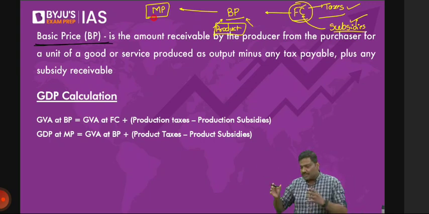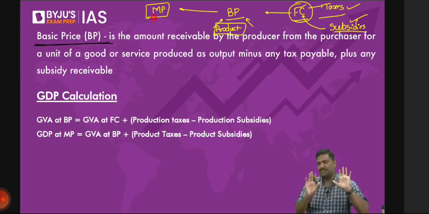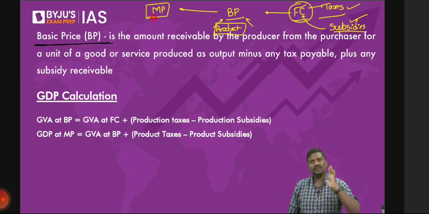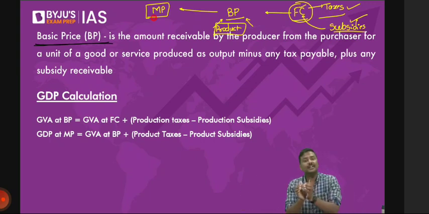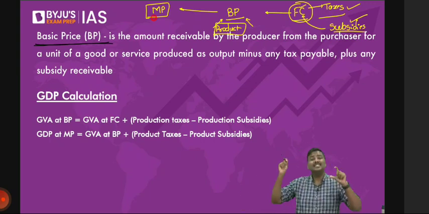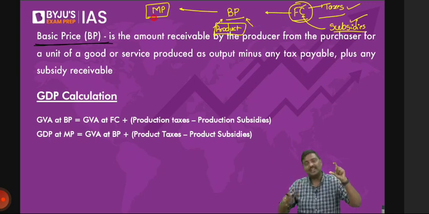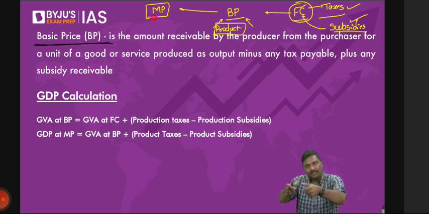First, you start with factor cost. Simple. Always start with factor cost. You should not have any doubt there. Why? The money that you have paid for labor, the profit you want to earn, the money that you have paid for machinery, that's the factor cost. And with the factor cost, now adjust the production taxes and production subsidies. The new number that you get is referred to as basic prices.